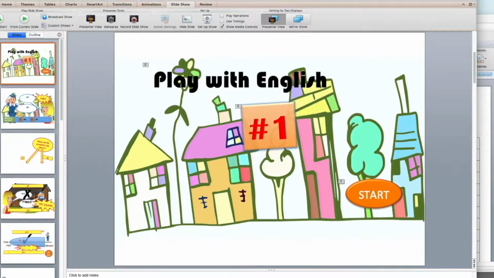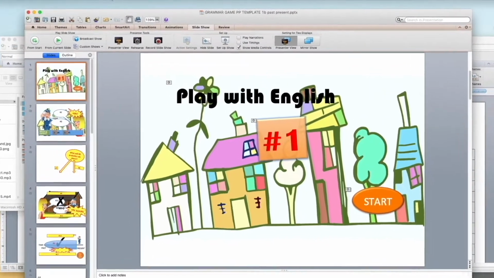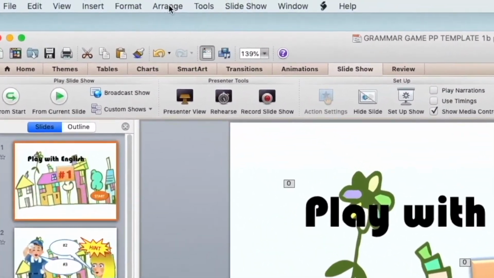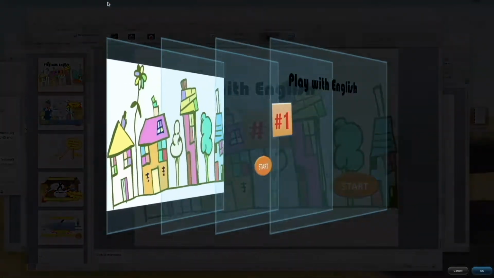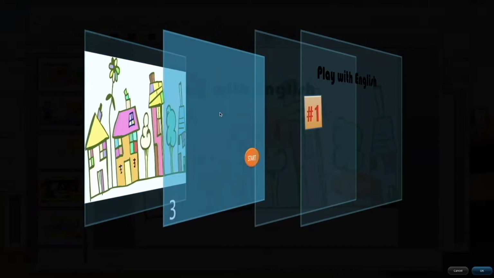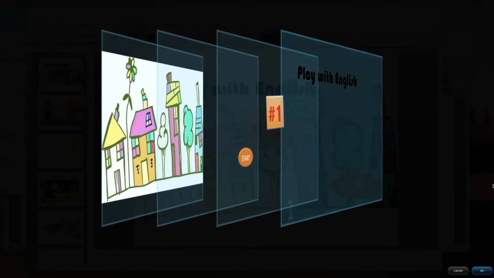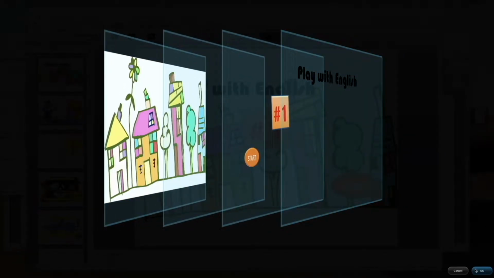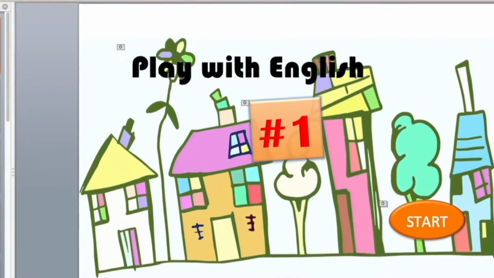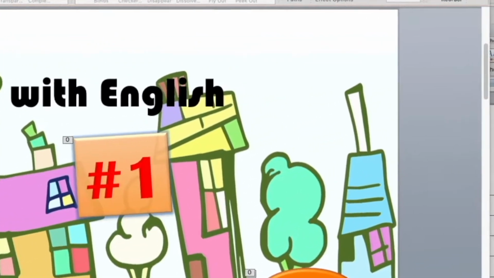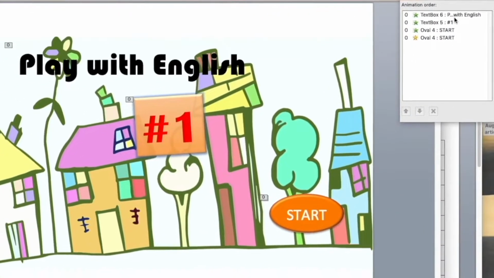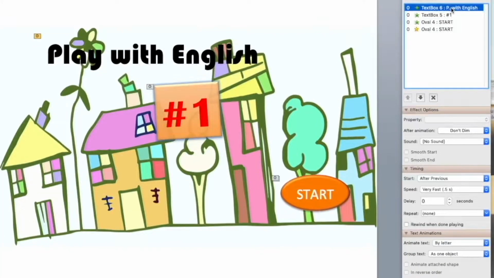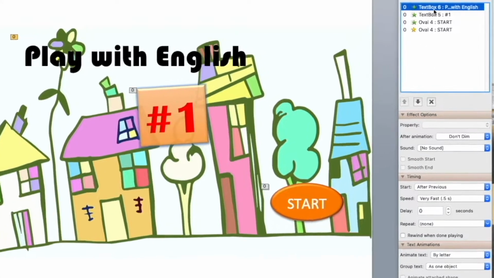I've created a PowerPoint template for you to work with. So basically all we have to do is replace elements, text and pictures inside this template. As you can see, each slide of the template is made up of layers. Each element in the slide is in a different layer. And these elements, these components of the slide, have been animated according to a set of instructions. These instructions tell us the order and manner of the animation.